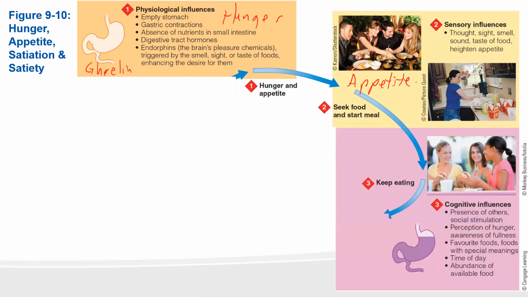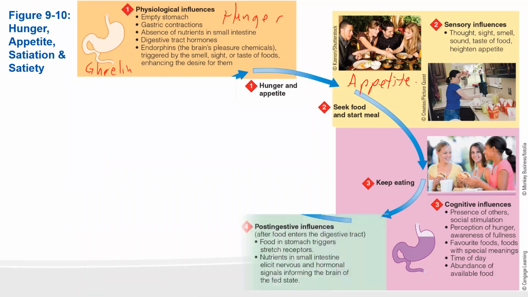And that's going to, for most people, give you a little bit of satisfaction, some sort of feelings around it. And eventually you're going to start to get some physiological signals that you've eaten enough. You can see it's talking about stomach receptors that tell you that you're putting stuff in there and it's getting more full. And so the sensation you're starting to get here is being satisfied, which the word is satiation.